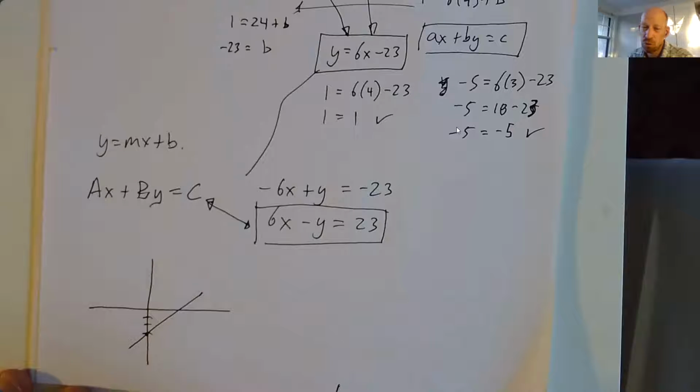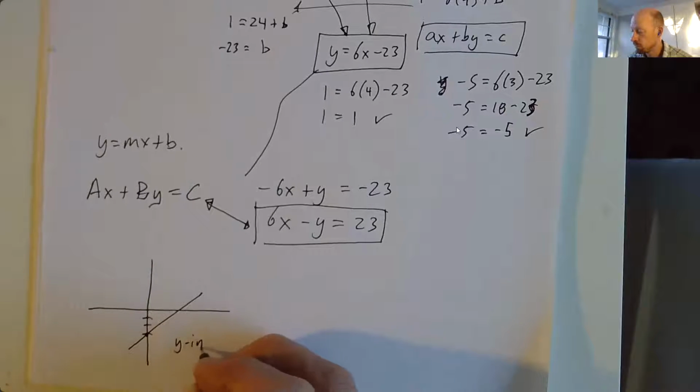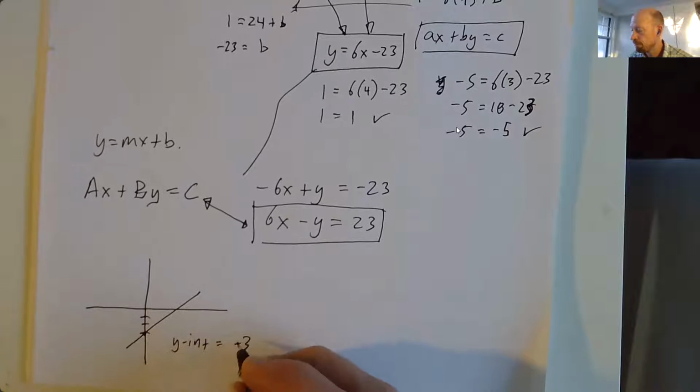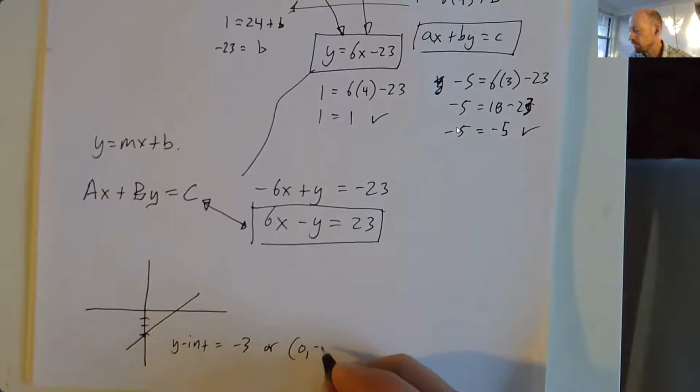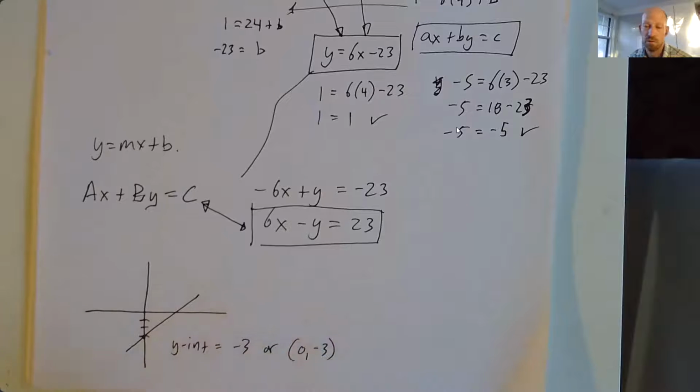And you can assume that those are at an integer, like this one's at -3, right? That's the y-intercept. I don't mind if you write it as a point or as -3. Those are both telling me that that's the y-intercept. I'm not sure if that's exactly how the question would have been asked, but